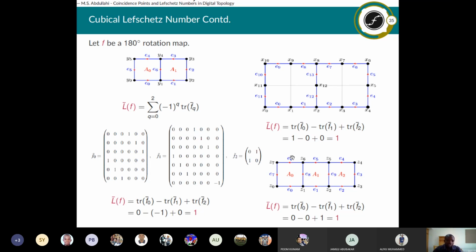And when we do this 180-degree rotation of this image, this guy will move to this, will move to this, will move to this, and z6 will move to z2. So you can see that each one of them moved 2 times. 1, 2, this moves 1, 2, this moves 1, 2, this moves 1, 2, in this fashion. And this tells us that we have the existence of 2 approximate fixed points.